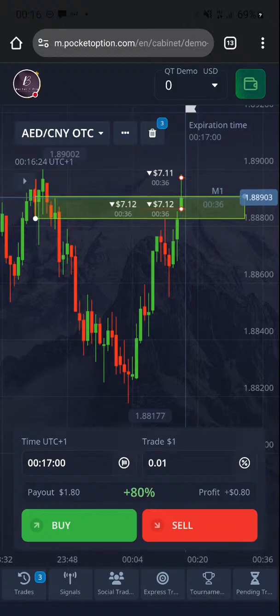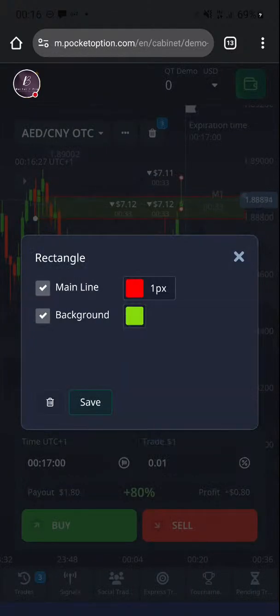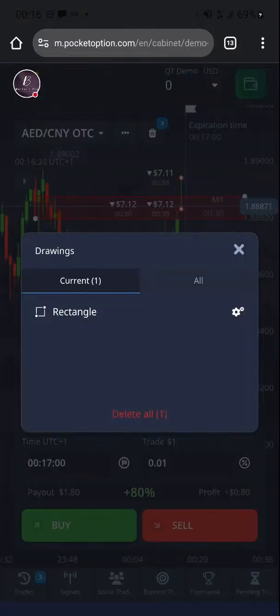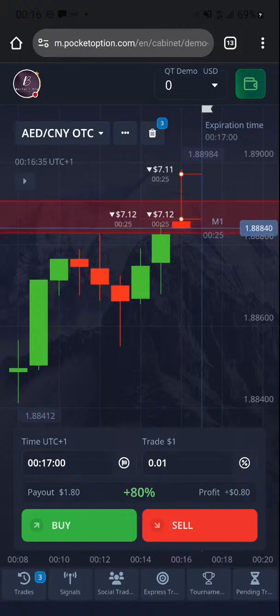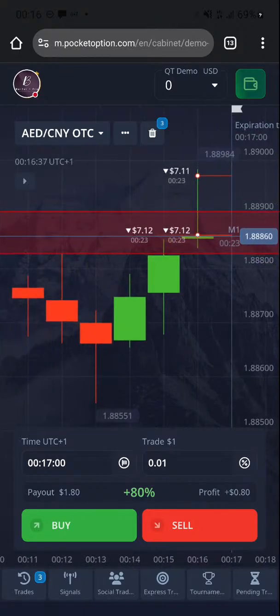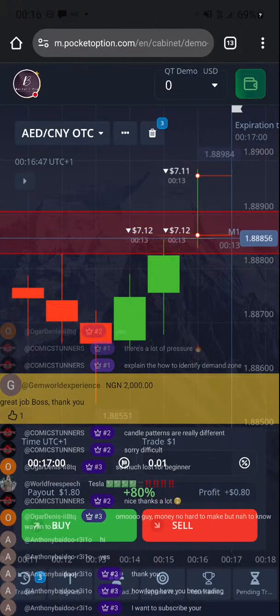Now you see this area is a supply area. Supply area is where the sellers are in the market. That's one. But the major reason why I actually took the trade very fast is because of this gap up. Now look at this pattern. It's a pattern we call the 3-bar up pattern. Anytime you see a 3-bar up pattern like this,